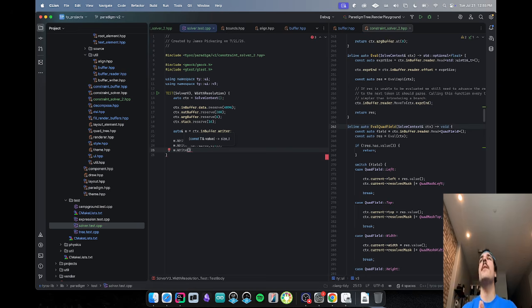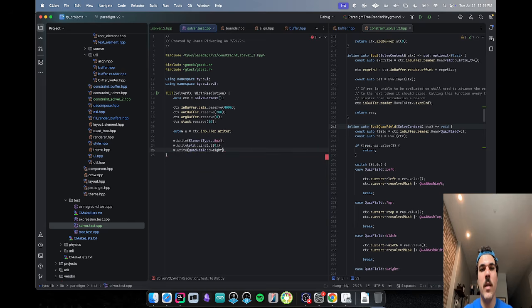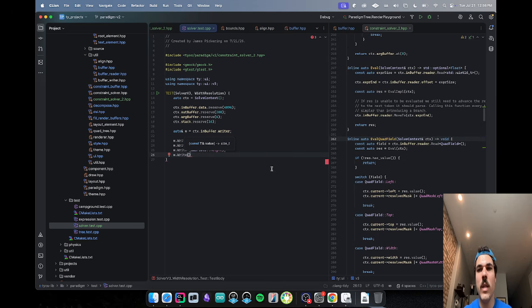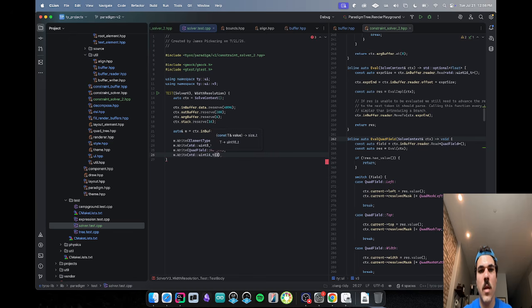Let's say width, because we're evaluating width. So width is going to be based on height. That's what we're going to do. So we're going to write first, we're going to write quad field height. Then we're going to do w.write. Now we're writing an expression, but we need the length, and the length is a std uint16_t, which I don't know yet. So we write